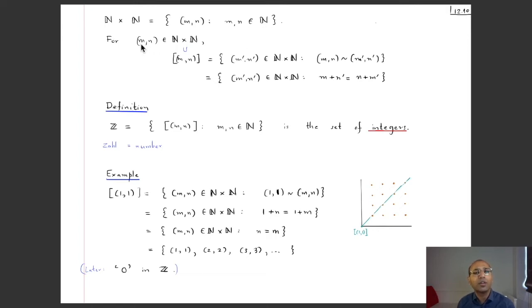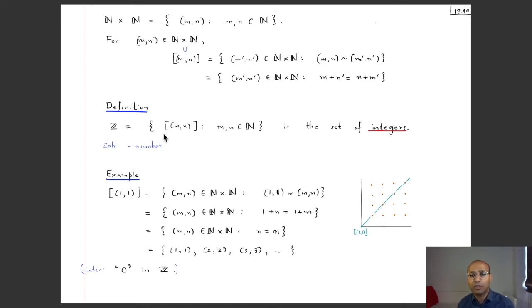For such an ordered pair (m, n), the equivalence class containing this ordered pair is the set of all ordered pairs (m prime, n prime) of natural numbers such that (m, n) is related to (m prime, n prime). If we translate what this equivalence relation means, this means that m plus n prime should be n plus m prime. And then the set of all integers is denoted by this letter Z, and it's the set of